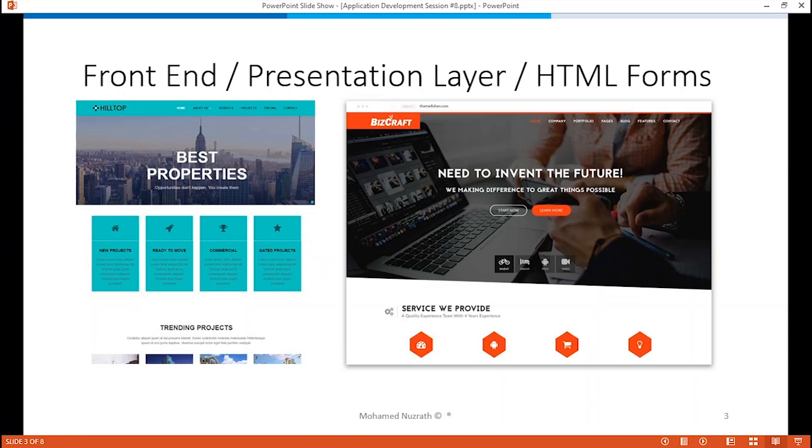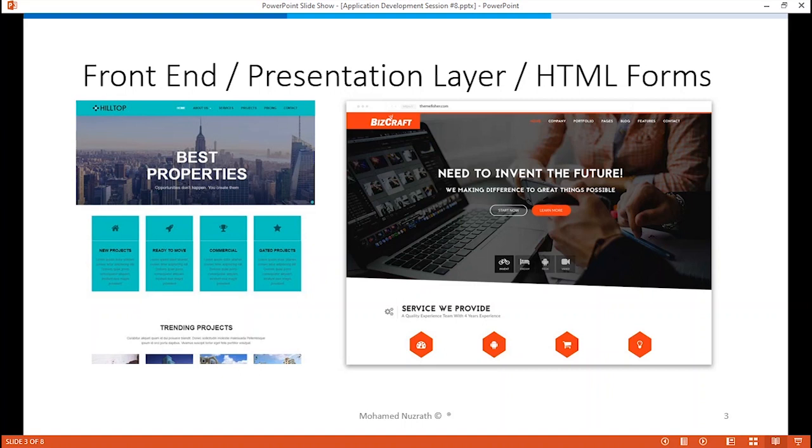If you take a look at these two example web pages, if someone clicks on a link, that is an interaction the user does from the front end. If he clicks on a search button, it is another type of interaction. If there is a form he fills and submits, that is another type of interaction he is going to have in the front end.